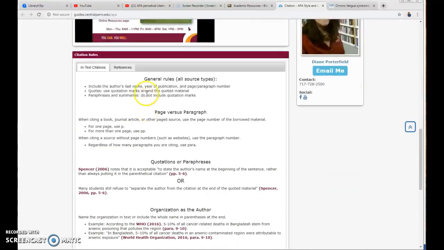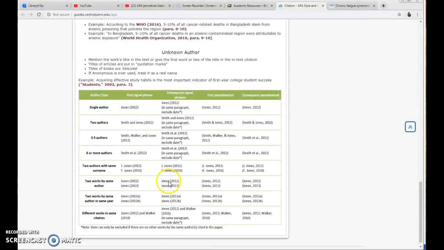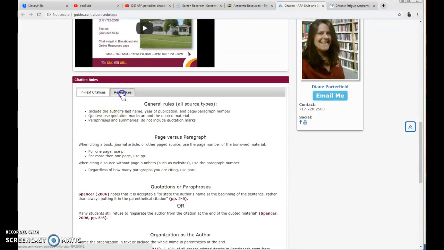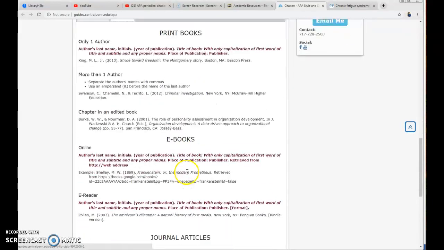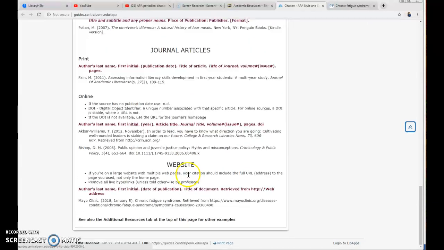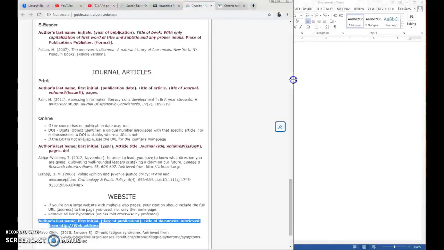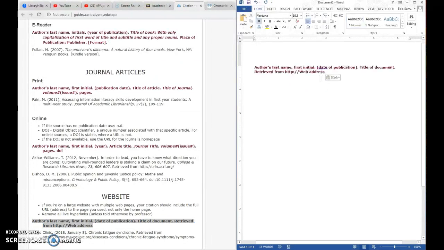citations. And if you scroll down, we have a bunch of information right here about in-text citations. And then if you click on References, and you keep scrolling down, we have basic examples of different types of references. So if you're citing a website, here's the format you would go from. So I'm going to copy that, and I'm going to put it over here in my Word document to go